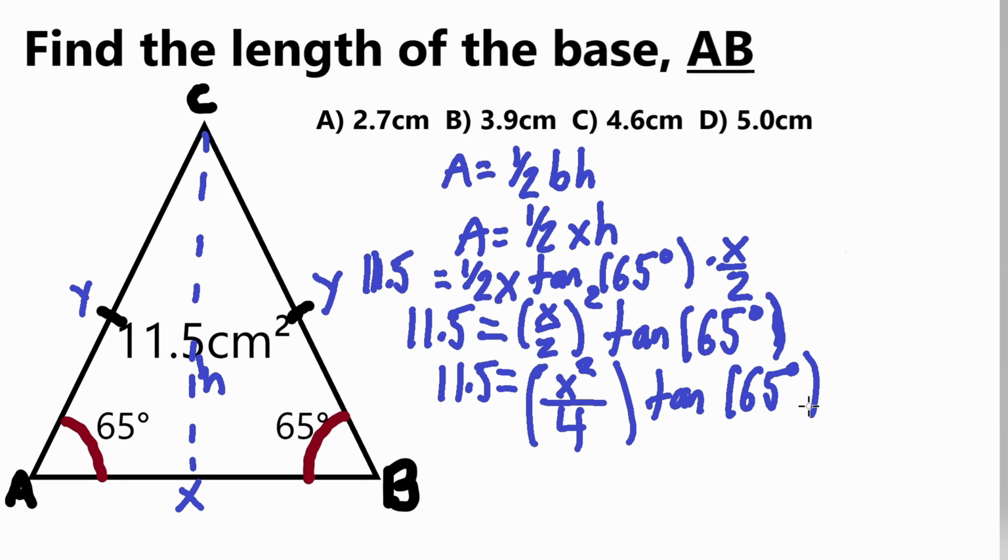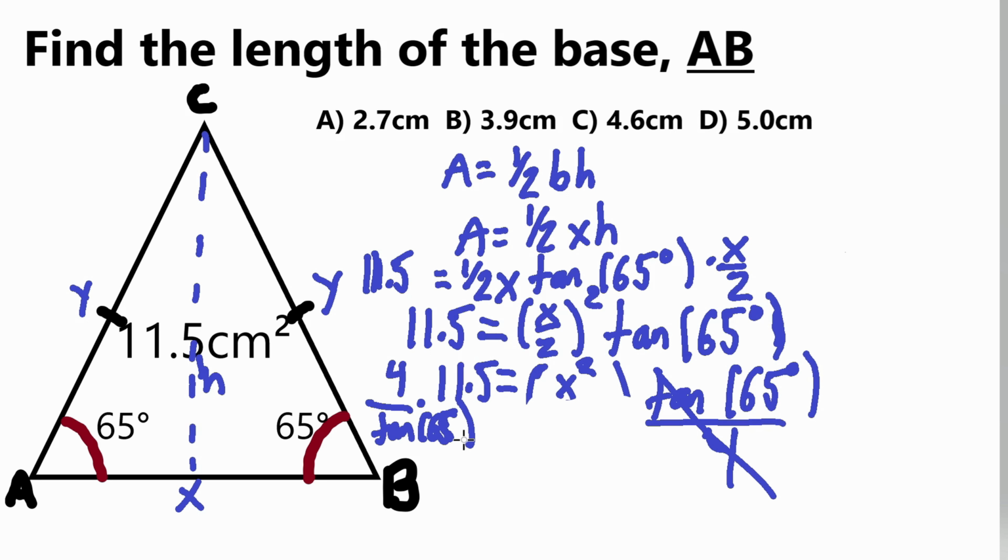And now I will divide both sides by tangent 65 over 4, because if you see here, this is getting multiplied to this, so we can transfer the divided by 4 onto this tangent 65 over 4 and remove it here. And I'm doing this because my goal is to get x by itself, so I can divide tangent 65 over 4 onto both sides, so it'll cancel out here. And then on the left side, if you divide by something, you can multiply by the reciprocal, so it'll be times 4 over tangent 65,